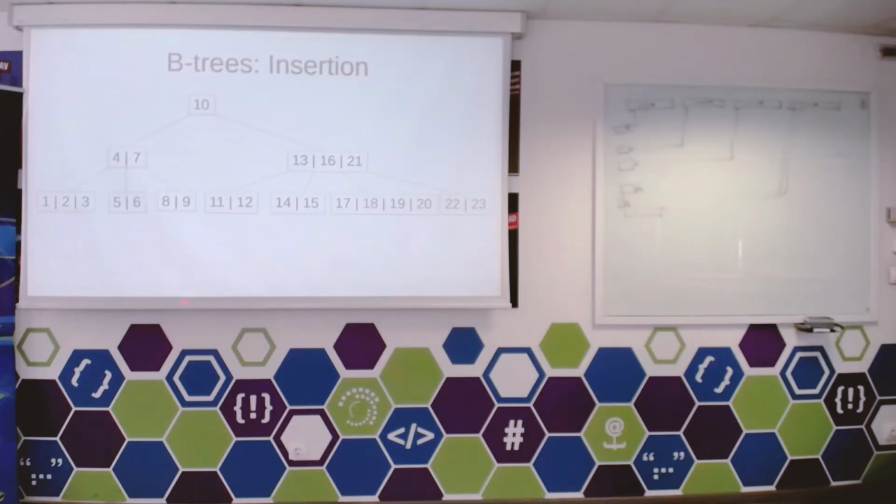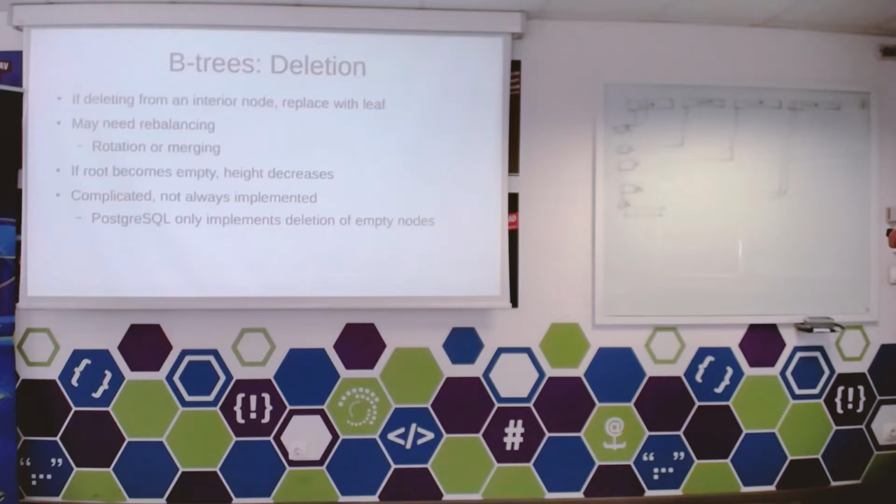And you can experiment with different sizes for the nodes. I actually implemented this some time ago, and even when you're working with a tree that's in memory, you can use quite big nodes, something like up to 50 keys per node, and it's actually faster than binary search trees. I think it was something like 2 or 3 times faster than AVL trees, both for insertion and for lookups. Deletion, however, is